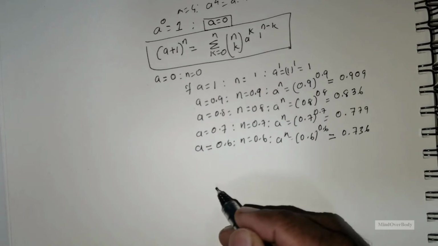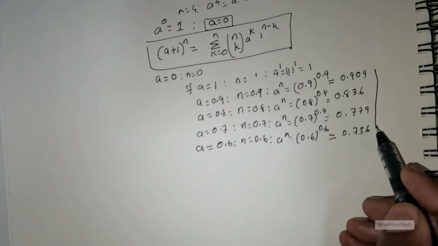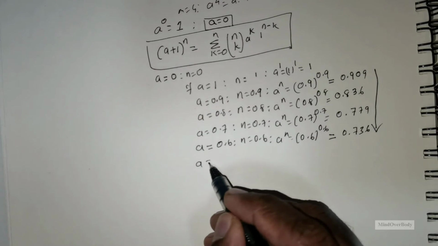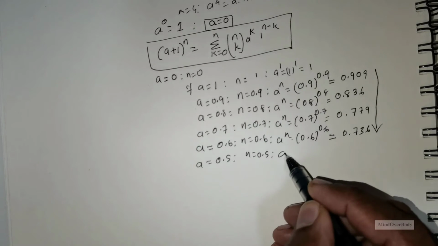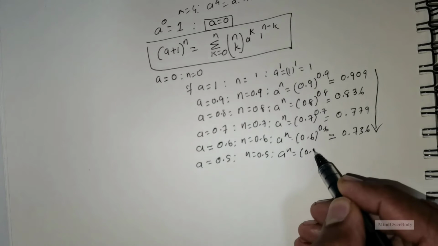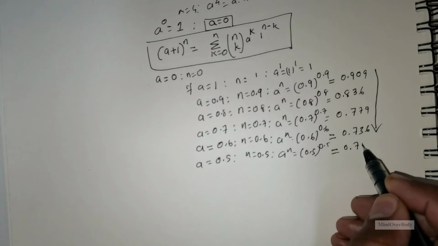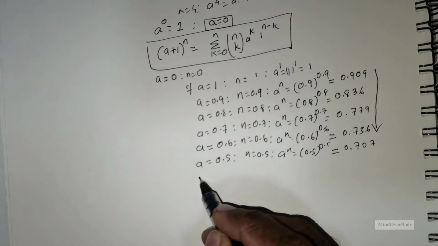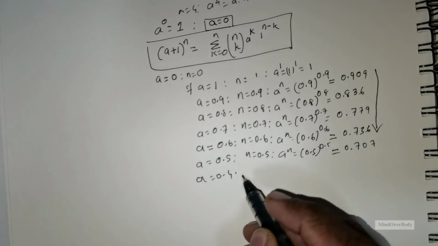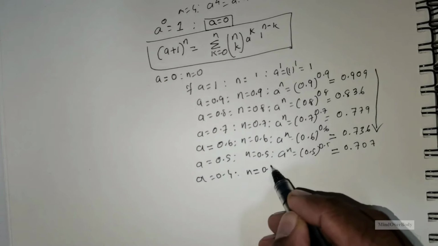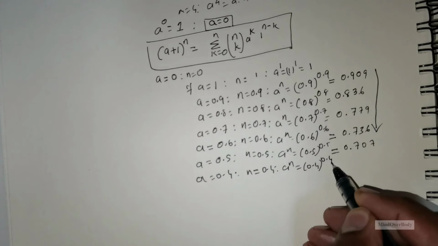Now if you make an observation, the values are actually going down. Okay, now let me take a as 0.5 and n as 0.5 and find out a raised to the power n, which is 0.5 raised to the power 0.5. The value would be 0.707, an approximate value I am using. Now if I take a as 0.4 and n as 0.4, then 0.4 raised to the power 0.4